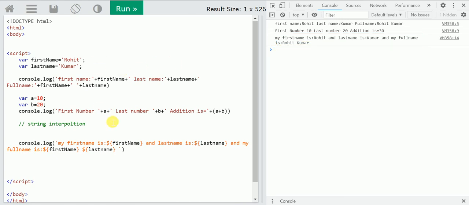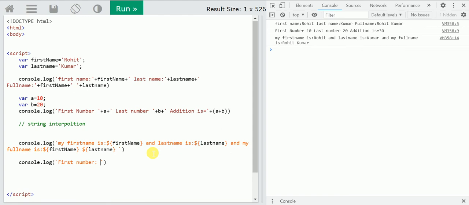Now I'm going to show you how to work with numbers. Just write console.log, then first number, then colon, and again don't use a single quote, always use a backtick.